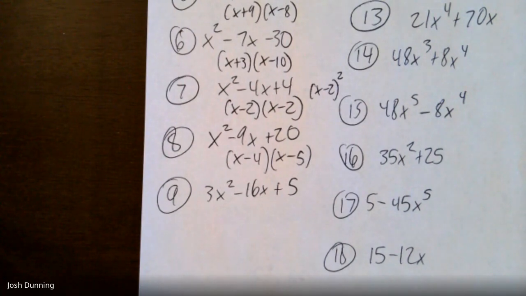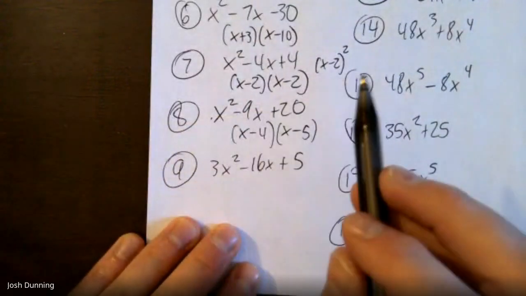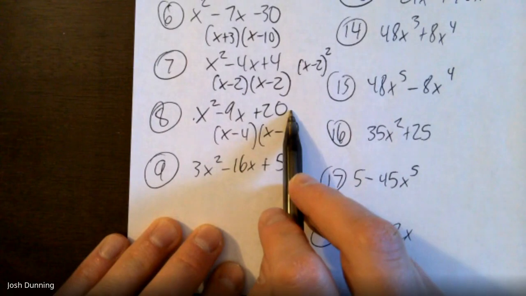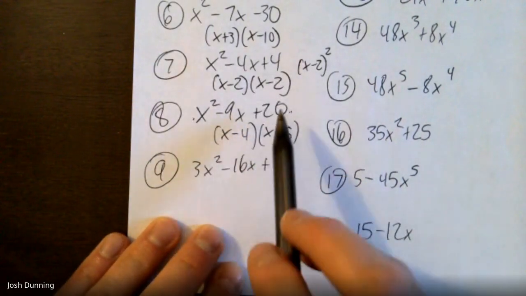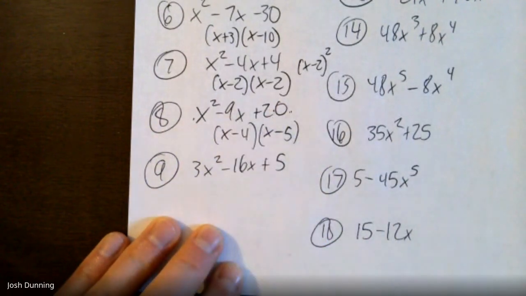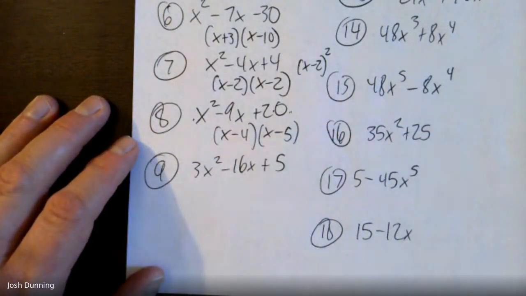All of those, there was no GCF because there was no number in front of x squared, and there was no x on the 20. So that's when you know it's just the standard trinomial factoring. What two numbers multiply to the end, add up to the middle. Number 9, and then the next handful after that,